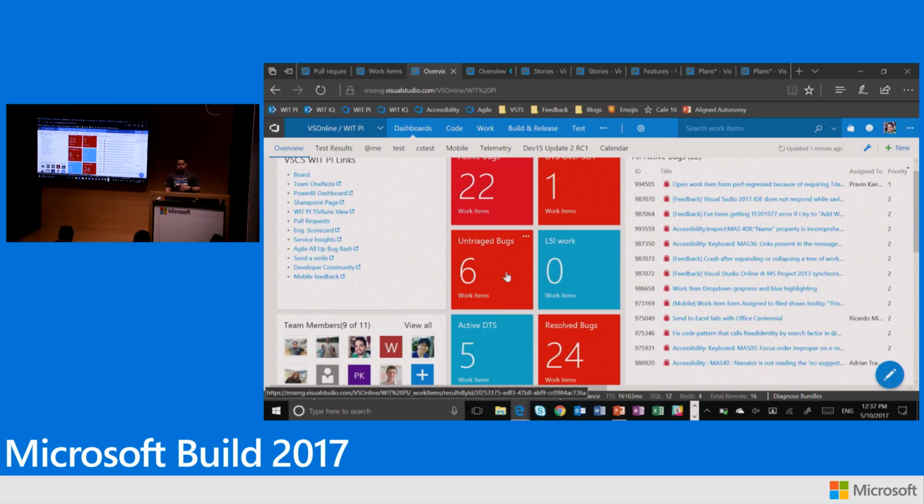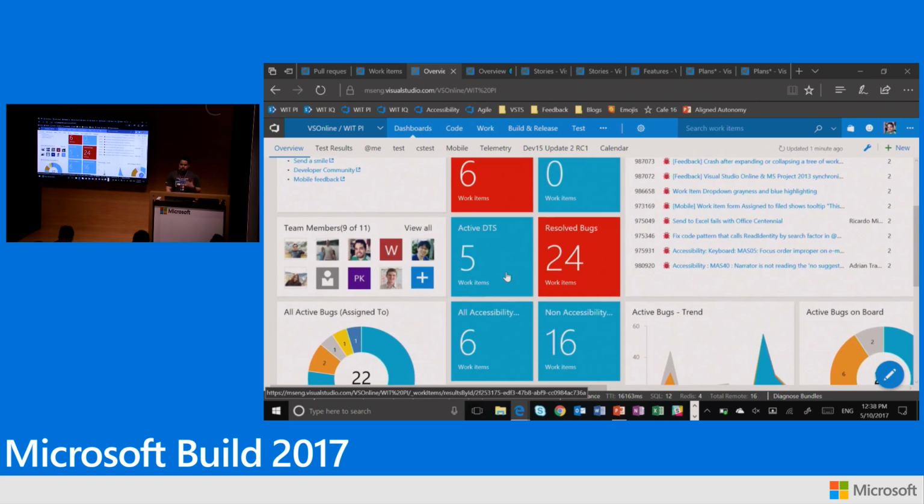Now, disclaimer, why are so many of these boxes red? Because they're above our baseline. Why are they above our baseline? Right now, in the product, we're doing a really, really aggressive push for accessibility. And that created a lot of bugs because before we didn't focus as much as we should have, and now we're just making sure that we go down, get to the baseline, and make sure we have a product that's